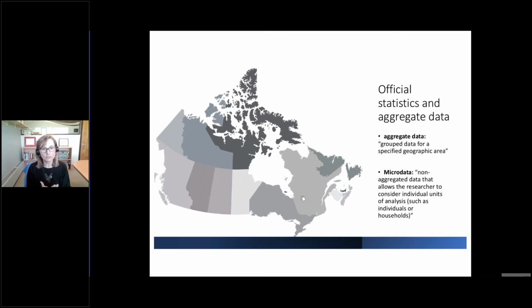And so for those of you who are familiar with working with data sets, you know, there's the rows, that's each individual case, and then there's the column that is each individual variable, and you can run data in different ways. Quite often it's hard to access that microdata. So Statistics Canada has these units across Canada called research data centers, and they do have this microdata that's available